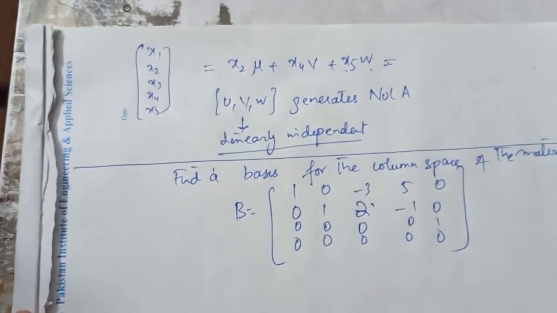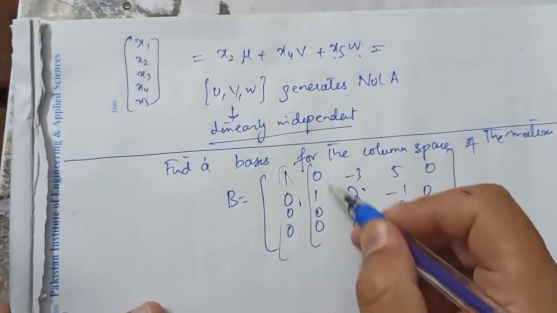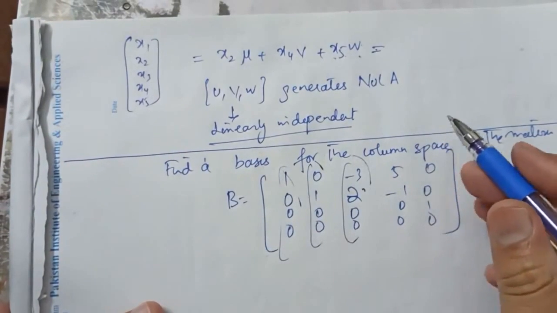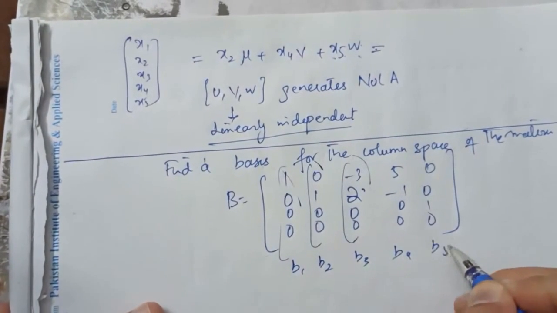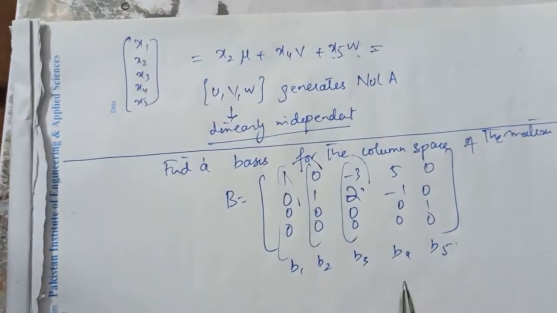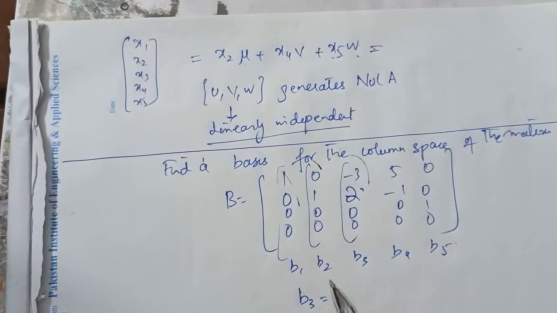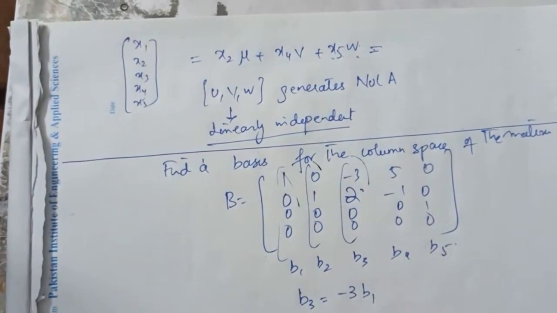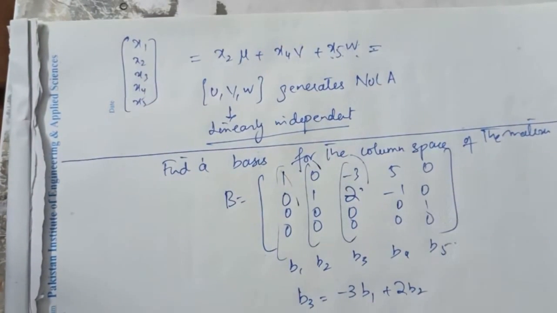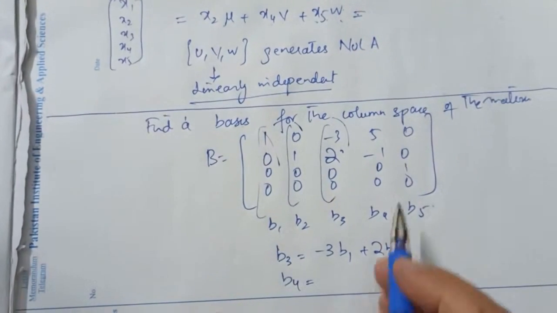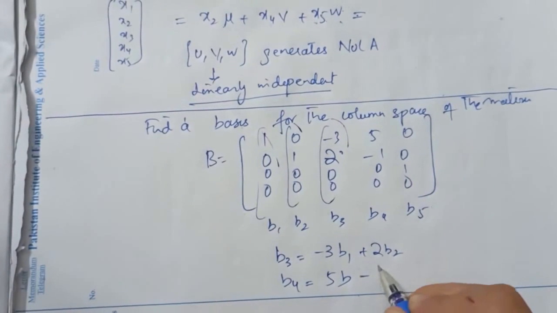Okay, now we can easily see here, these are the columns, right? So it's got 5 columns, so we can write B1, B2, B3, B4 and B5. I can quite easily see here that B3 can be written as minus 3 times B1 plus 2 times B2, right? And similarly B4 can be written as 5 times B1, because all the rest of the entries are 0, and minus B2,